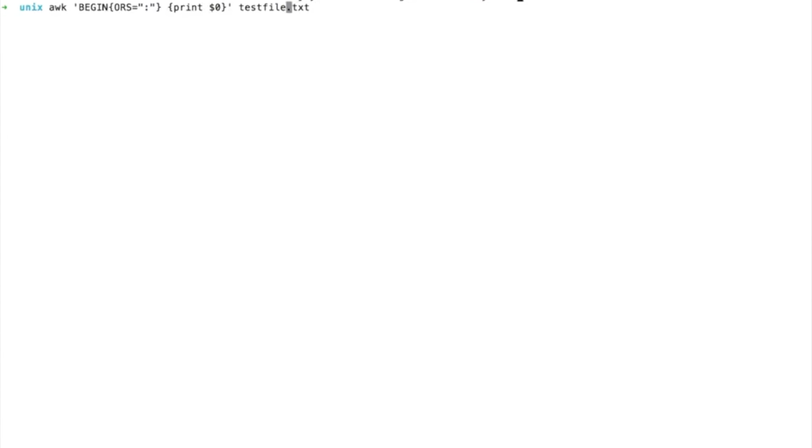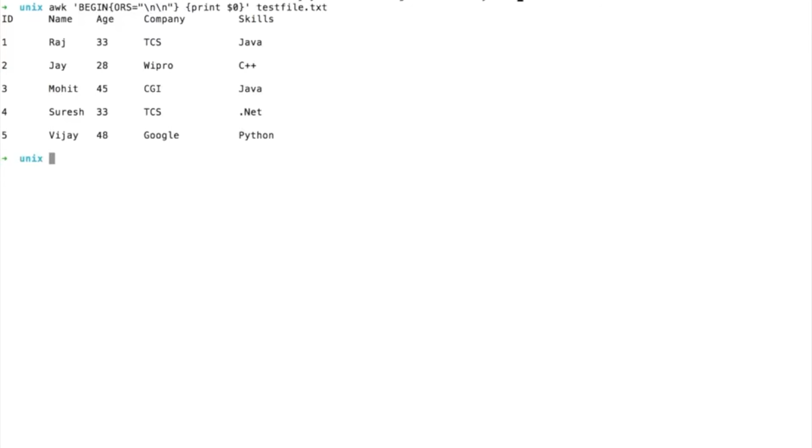So ORS is nothing but an output record separator. This will allow you to format your output. Suppose I want to format this using 2 new lines. So now you can see you can easily format your output in your desired format.